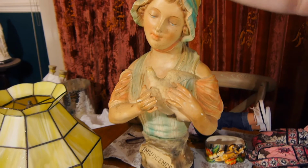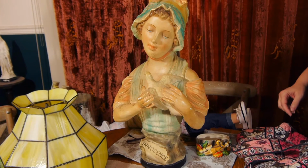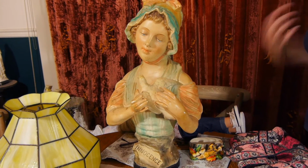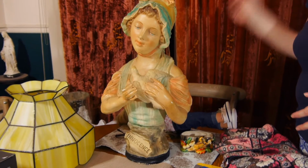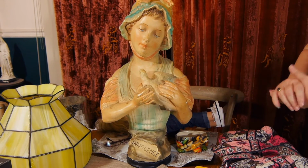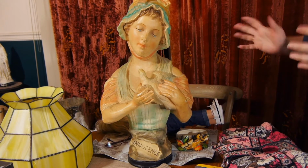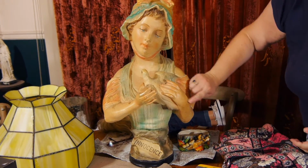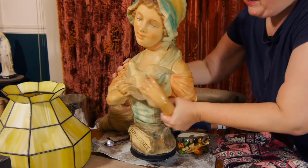I would like to introduce you to one of our very fun finds last weekend when we went to garage sales. There really wasn't much. There were tons of garage sales, nothing to buy. So when I saw this, that's one of the first things I saw in the morning. I thought, how wonderfully decayed and beautiful and slightly spooky and everything. She has a little bit of damage, but she's for the most part very beautiful, in very good condition,